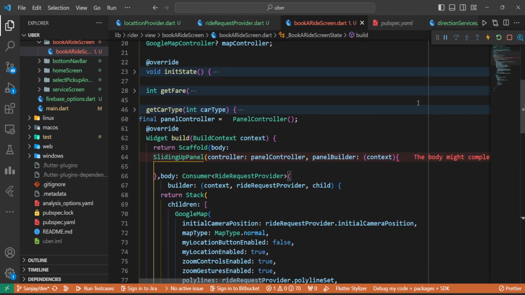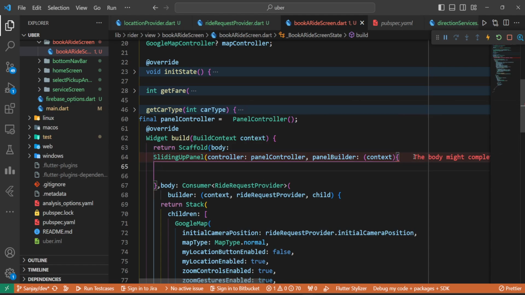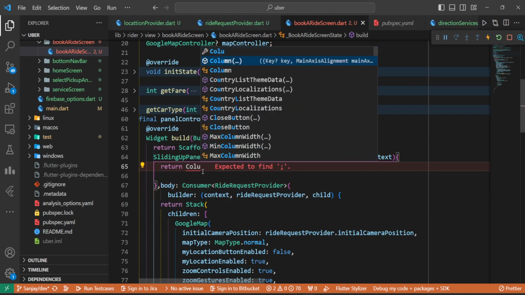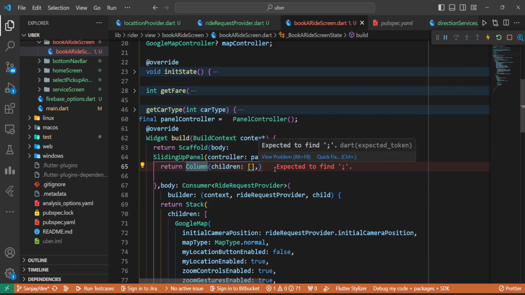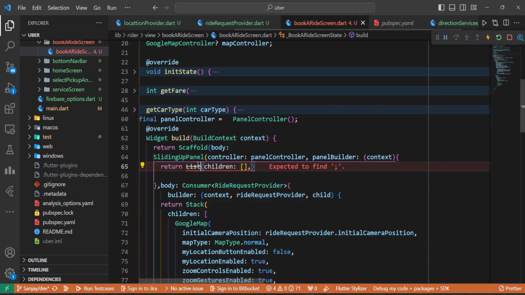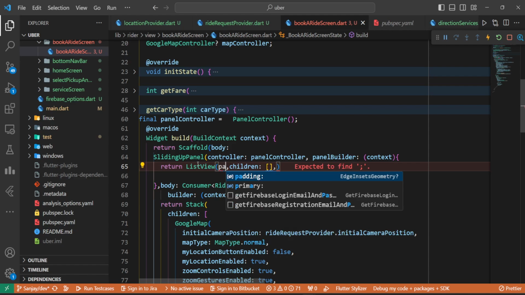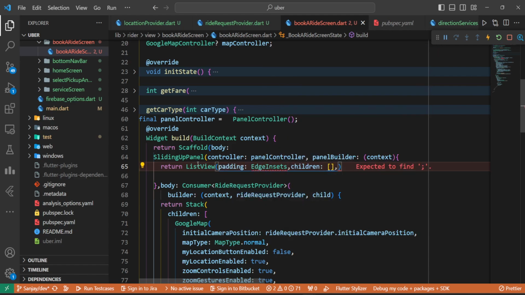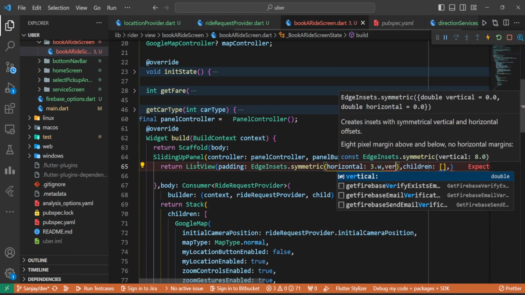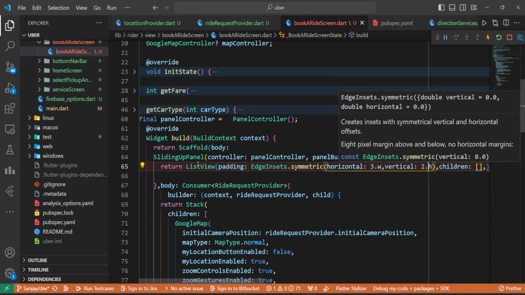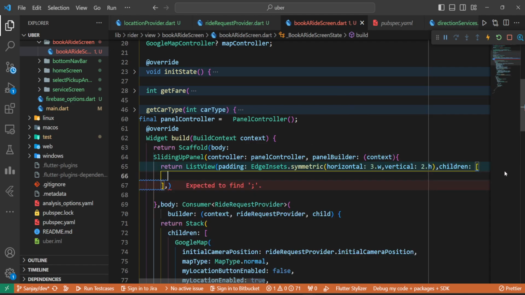Okay. So let's come up here and let's return a widget here. So it's going to be column children. Here it's going to be a column, then here it's going to be a list view. Basically we will go with padding, EdgeInsets.symmetric, horizontal it's going to be 3.w, vertical it's going to be 2.h. Okay, here comes children